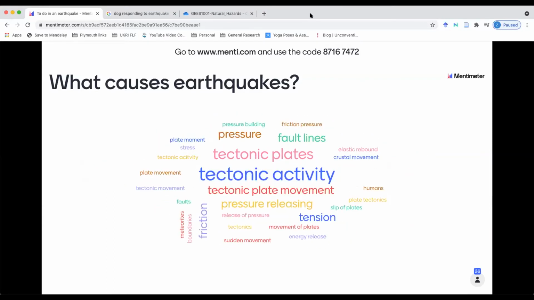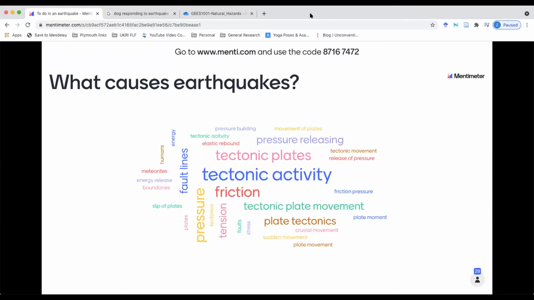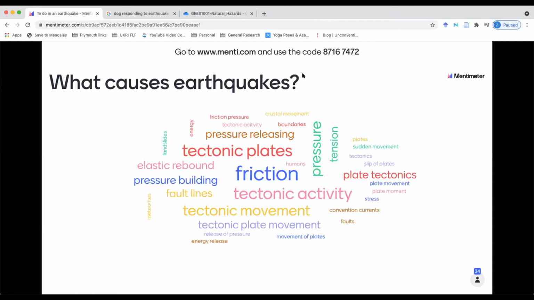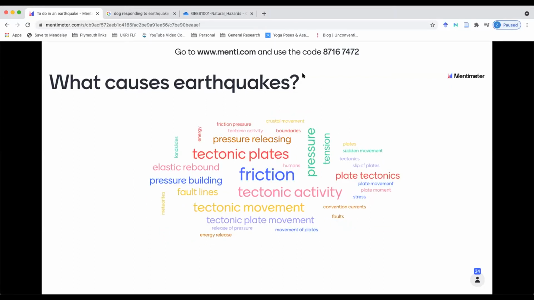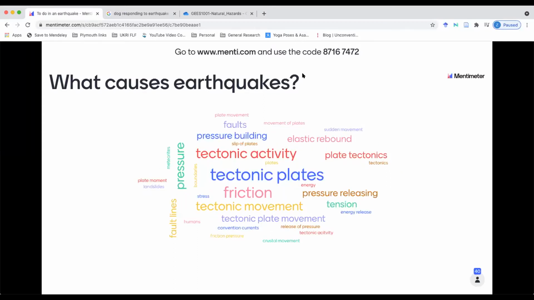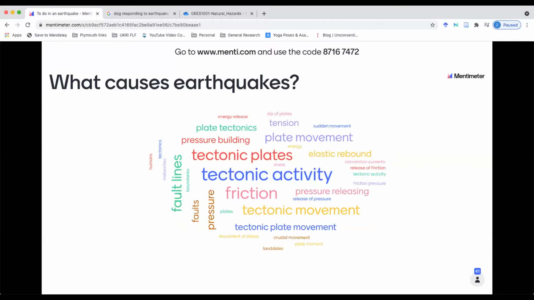So this is great. I'm seeing lots of tectonic. I'm really pleased that tectonic activity is coming up as the very biggest one. We've got plates, faults, friction. Excellent. Stress, humans. Oh, that's actually really interesting that somebody has put humans in there.